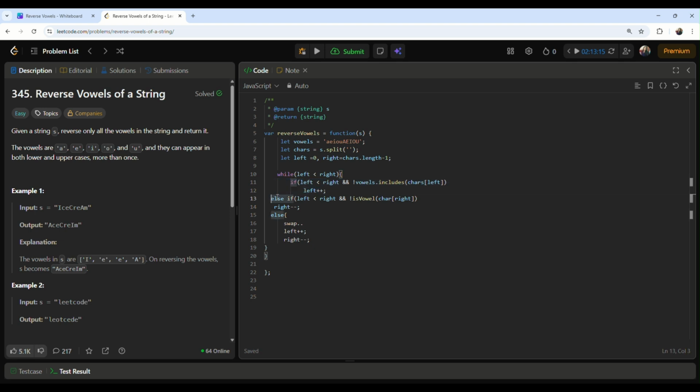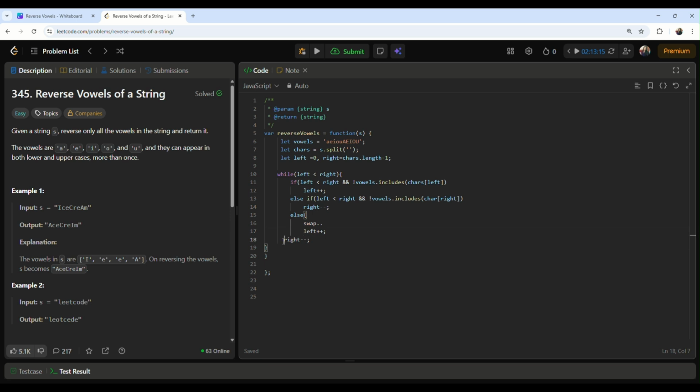And if chars of right is not a vowel, then we will simply decrement the right pointer. And if we have found a vowel at the left pointer and a vowel at the right pointer,